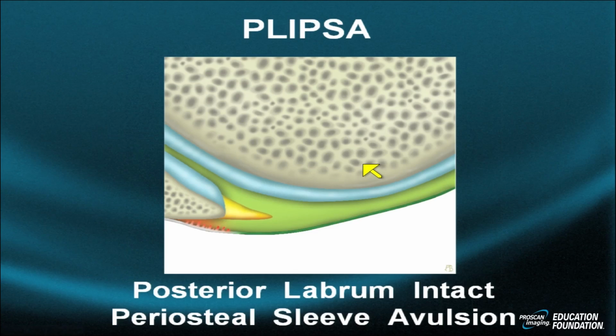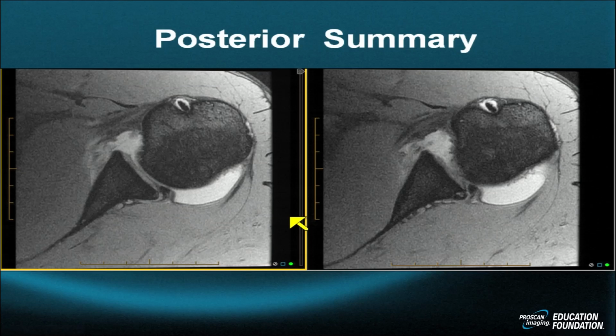The POLPSA lesion, a very elusive eponym: the posterior labrum intact periosteal sleeve avulsion. This time, the labrum is spared or unaffected, but the periosteum is lifted off posteriorly, creating a small triangular rift of vague hyperintensity. Now let's summarize the key areas that we use for